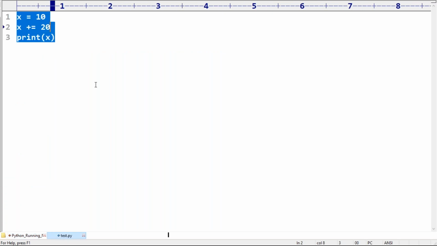Suppose here I'm taking x is equal to 4, sir. x and equal 5, print of x. Anyone, can you please tell what will happen in this case? Sir, here the meaning is x is equal to x and 5. x and 5 means 4 and 5. Just now we covered 4 and 5. 4 and 5 will be evaluated. Its value is the x. 4 and 5 means 4 only.